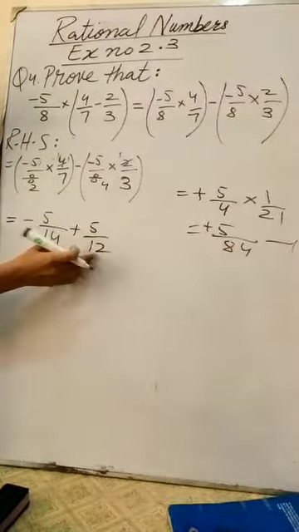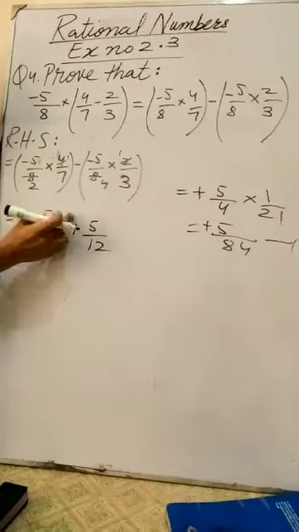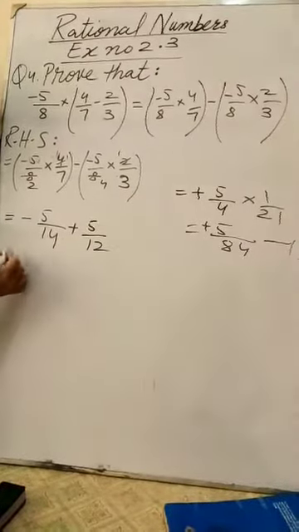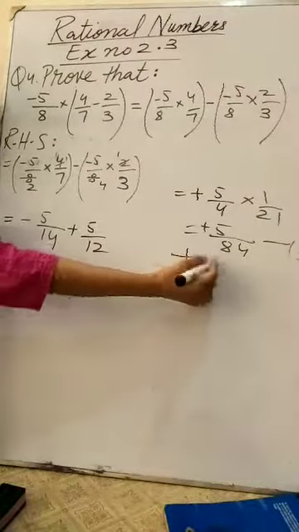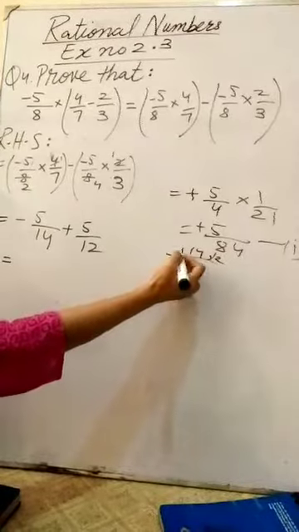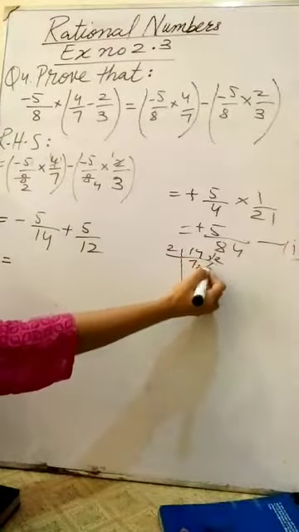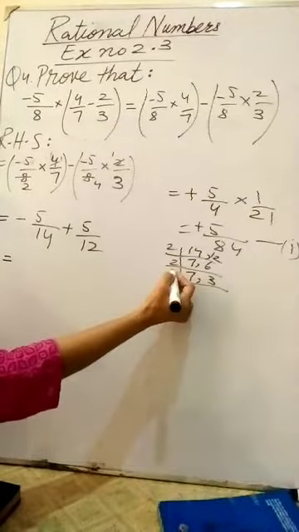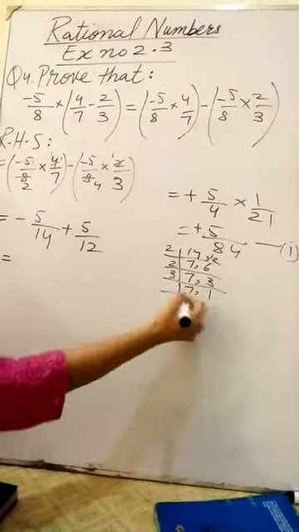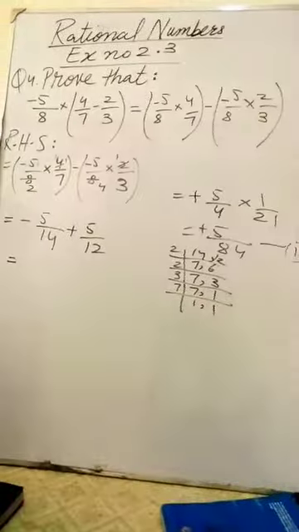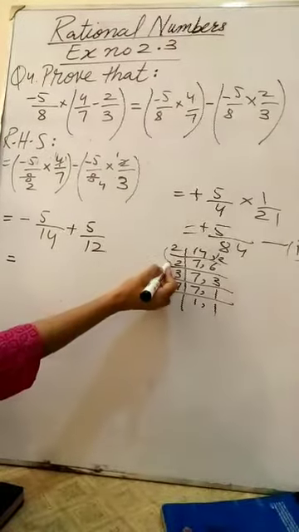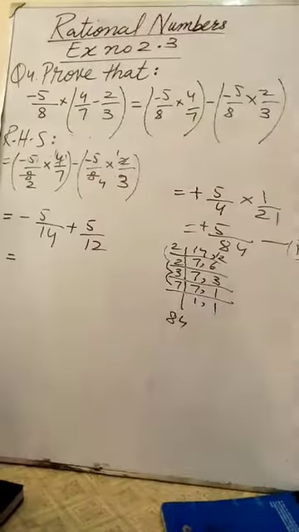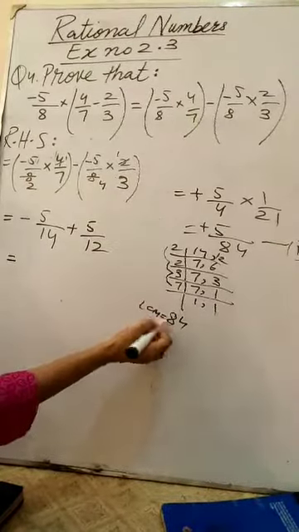Now see, we have addition and subtraction sign with two LCMs. LCMs are not the same. So you need to find the common LCM first. 14 and 12. Start with 2. 2 7 times 14, 2 6 times 12. 7 is not possible with 2. 2 3 times 6. Now 3, 7 is not possible. 3 1 times 3. 7 1 times 7 and 7 1 times 7. 2 times 2 is 4, 4 3 times 12 and 12 7 times 84. So the LCM is 84.